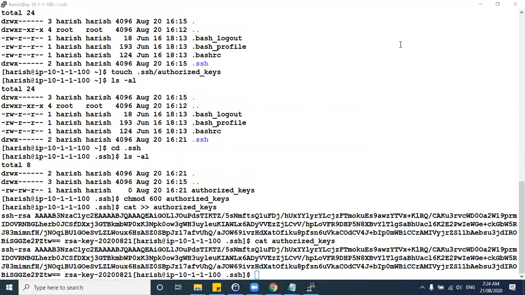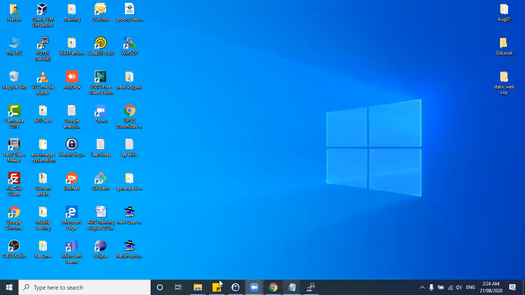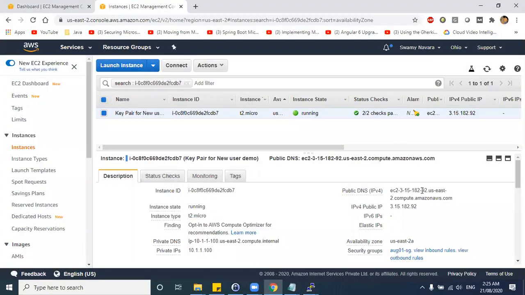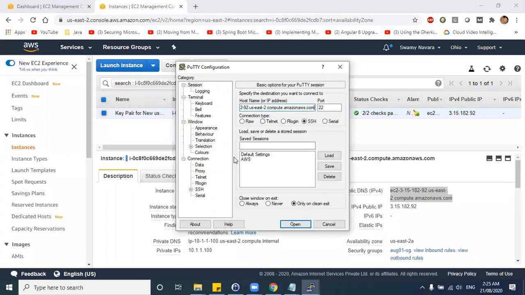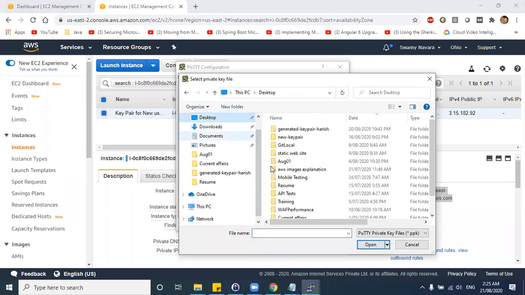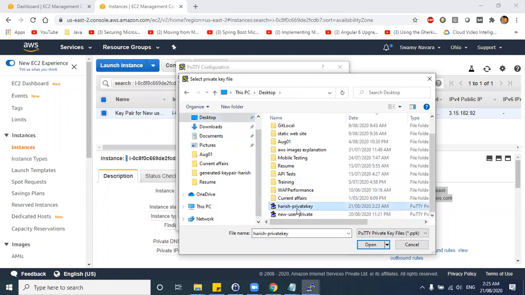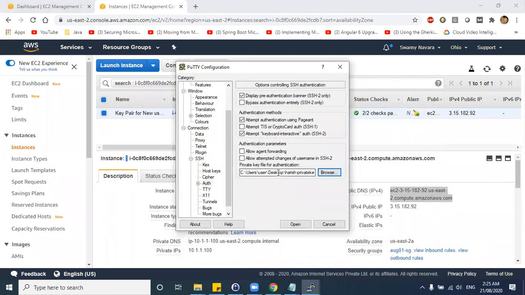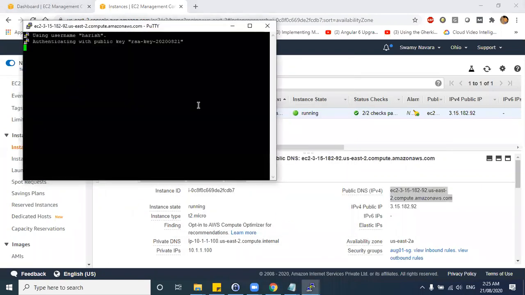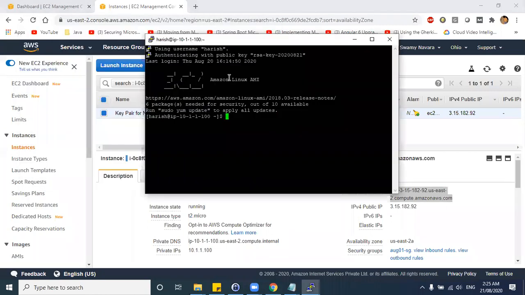So you have already saved your private key, right? Go to your PuTTY and type the user Harish at the rate, give your EC2 username, and go to your authentication key. Now here you select the key which you generated now. This is the key, right? Harish private key is the one which you generated. Use this key now and log into this PuTTY machine. Okay. So if you see here, we have done a successful login.